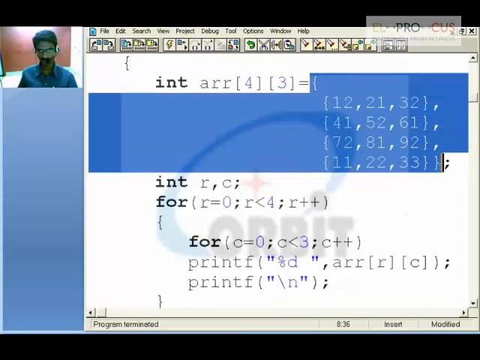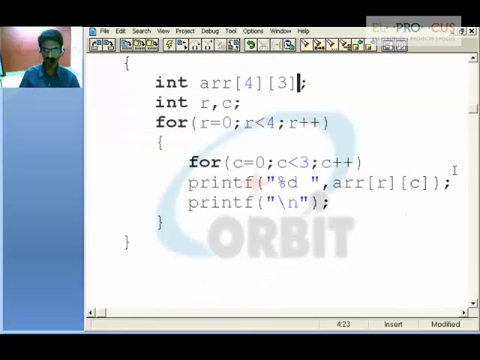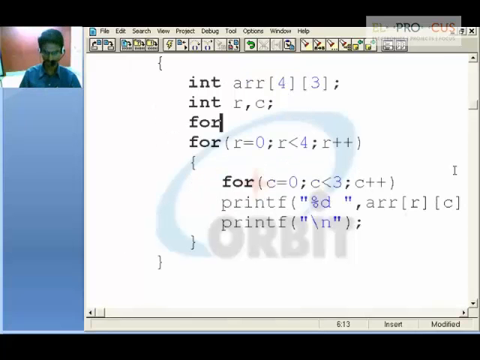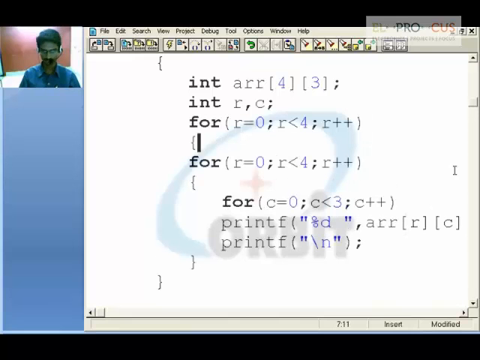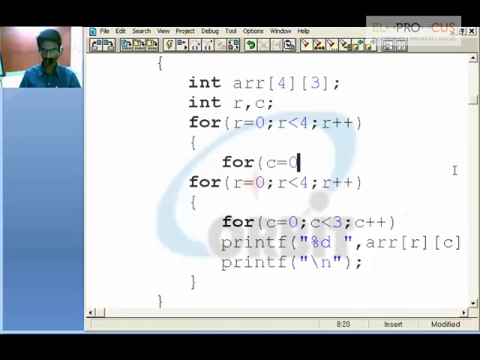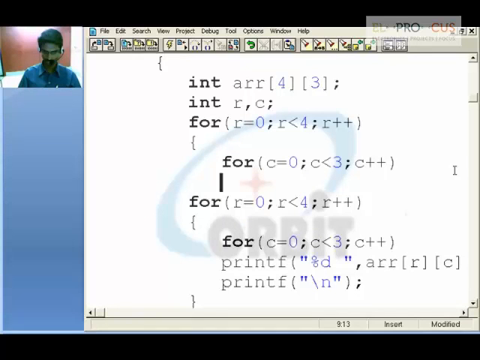Now to scan the values in the array, similarly like we are printing, we need to scan it. For row equal to 0 and row less than 4, row plus plus, and for column equal to 0, column less than 3, column plus plus. Say scanf %d, comma, ampersand, array of row and column.